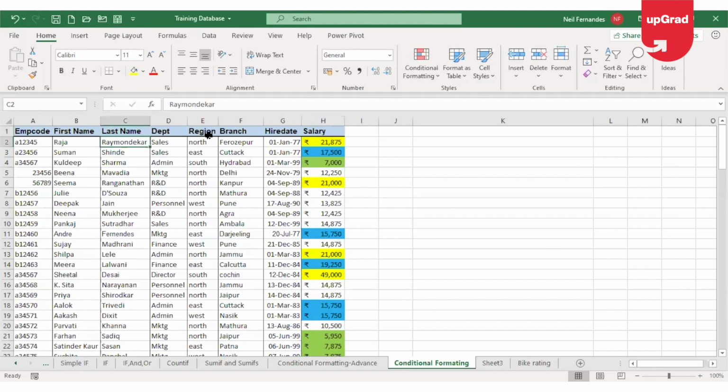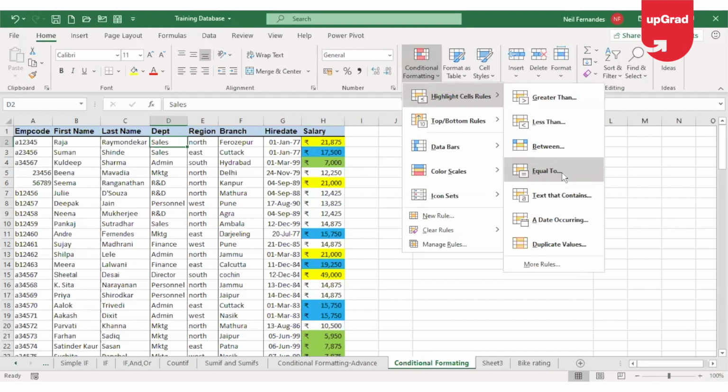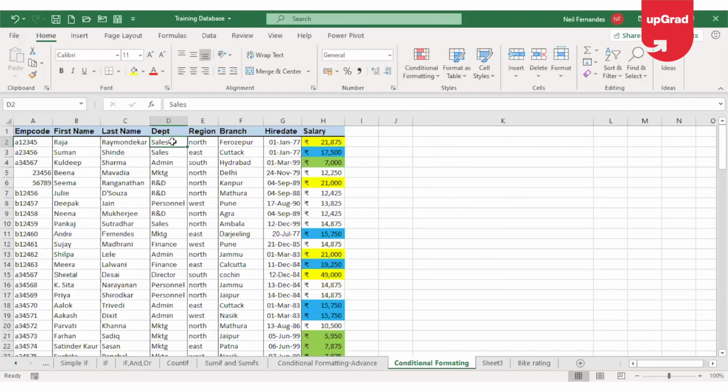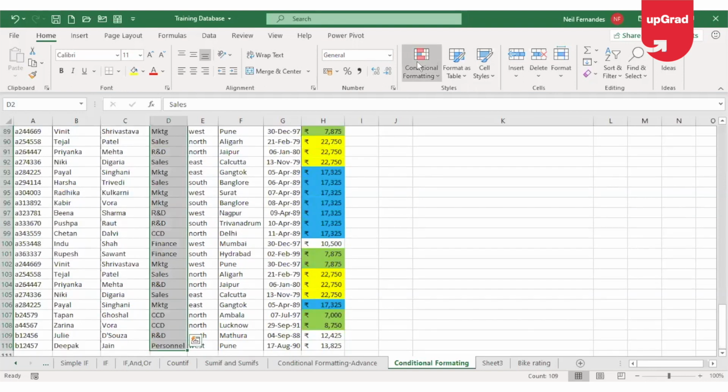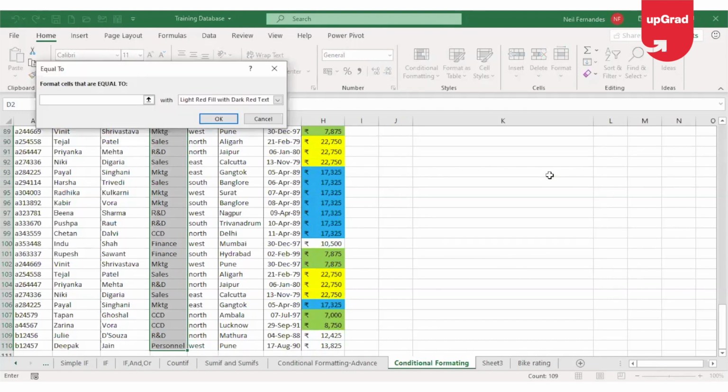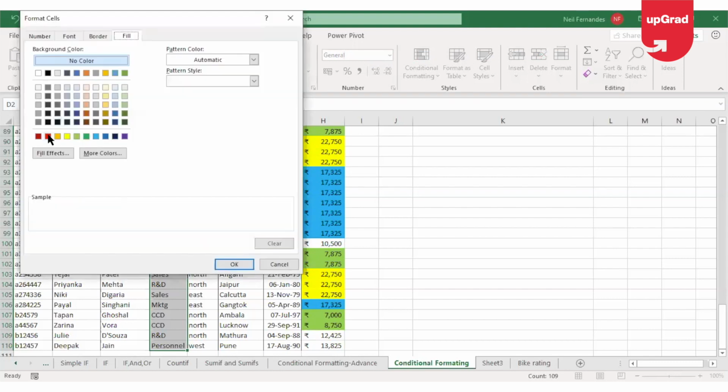Now moving on and understanding more about the conditional formatting, you will see under highlight cell rule, there is something called equal to. Say I want to identify or highlight all the cells where the department is admin. I will have to select the admin department column and then go to conditional formatting and select equal to under the highlight cell rule. Because I want to identify admin, I will enter admin in the equal to box and select the color I wish to add. This time I can select the pink color and click on OK.